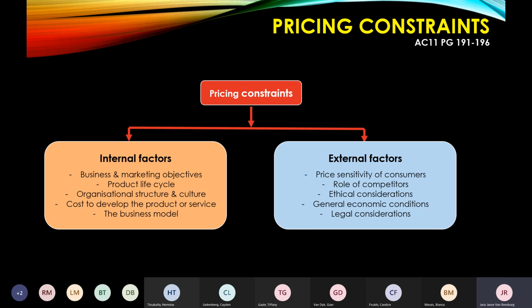But it's linked to the price and it's linked to the economic climate, and it's internal because when we refer to internal factors, we refer to them not from the consumer's point of view, but from the business's point of view. Okay, what is your business model? Are you a monopoly? Are you an oligopoly? Are you a one-man business? Are you a Pty limited? Are you a franchise? Those are all factors that indicate what your business model is, and your business model is then also linked to your business and marketing objectives. Okay,